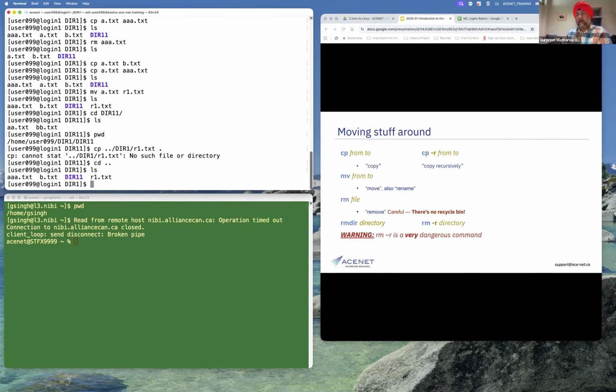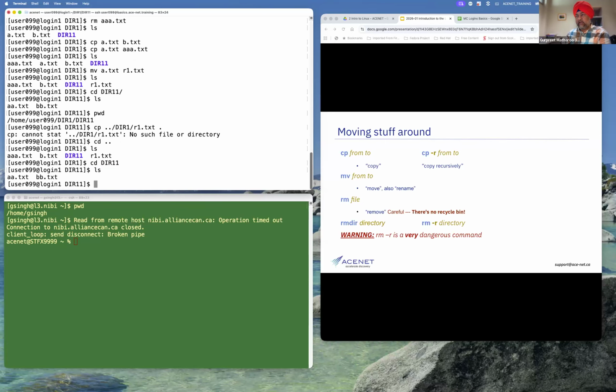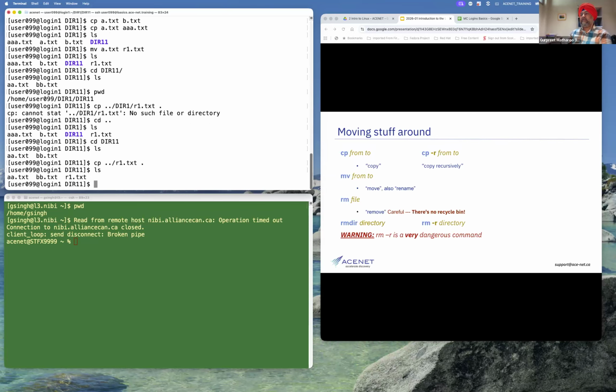Sorry. It should be cp dot dot, which takes me one step back, and then r1.txt. This is the source, and this is the destination. Now it will do it. Yes, so I have the r1.txt. So that's one way of copying.